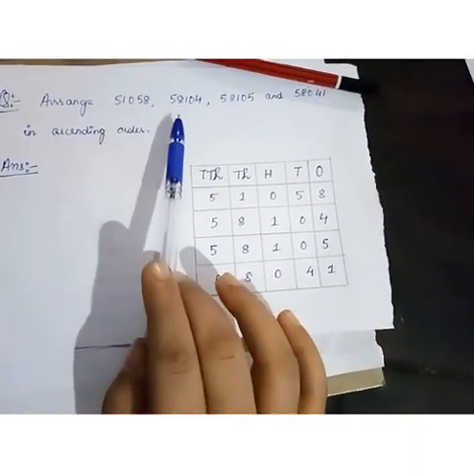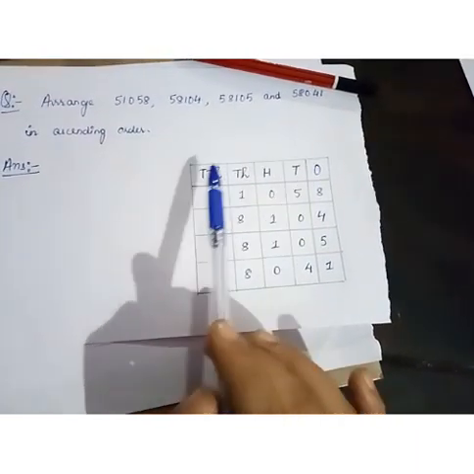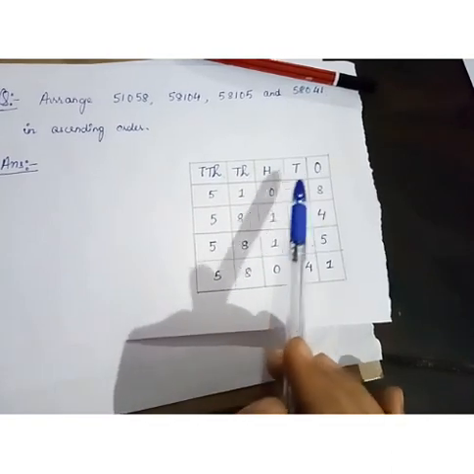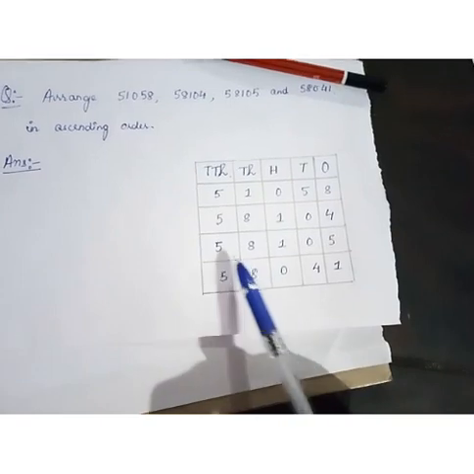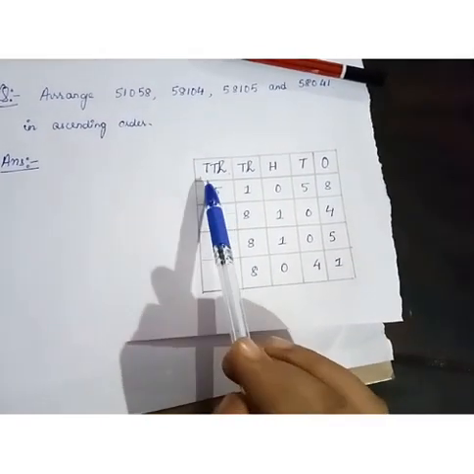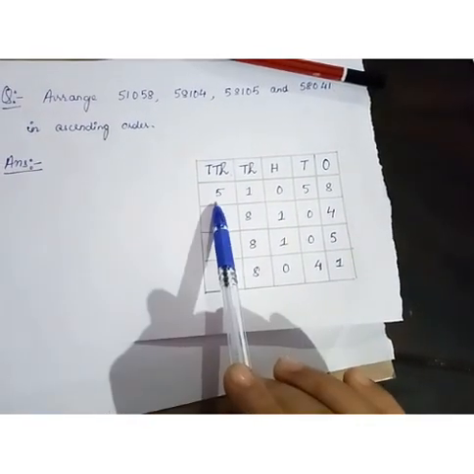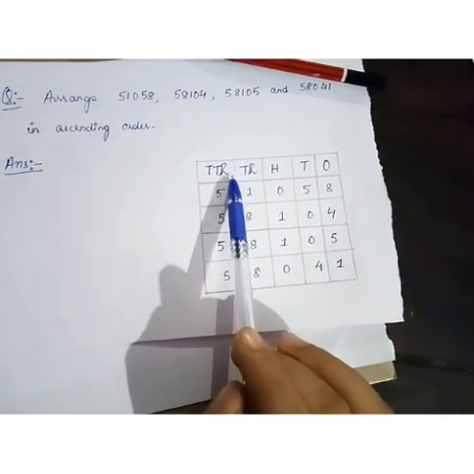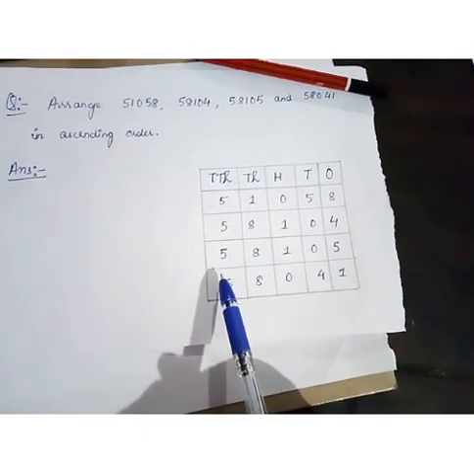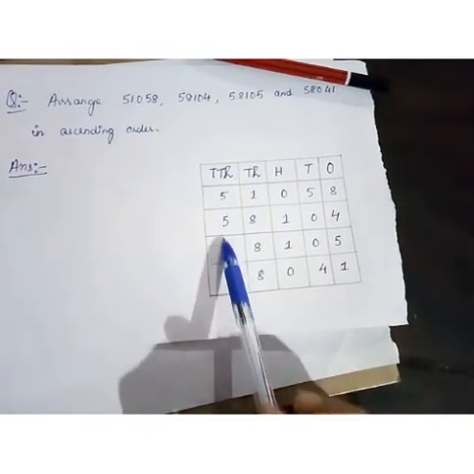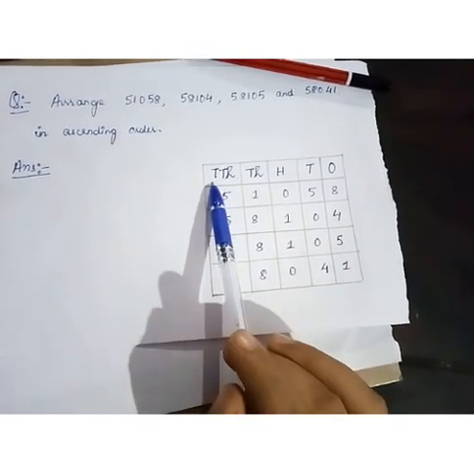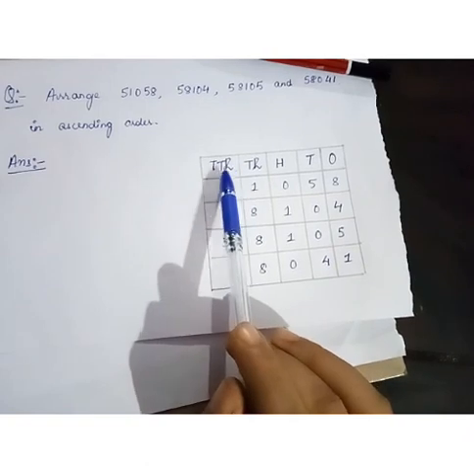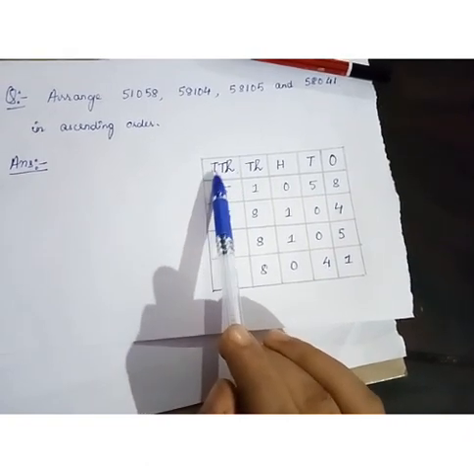There are all 5-digit numbers. That is why I have taken the help of a place value chart, and I have put the digits accordingly in their positions. To arrange in ascending order, we have to compare them. When we compare digits in a place value chart, we always start from the left column. The first column is 10,000.